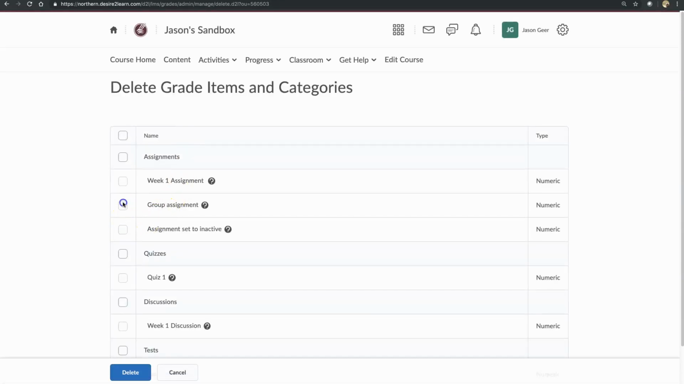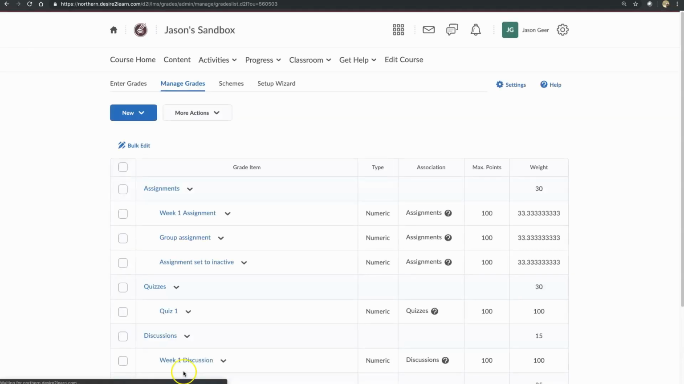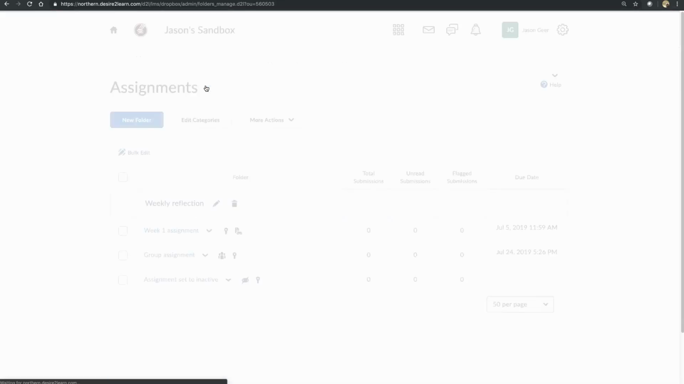and I attempt to check these and I cannot check them. Well, what's going on is these grade items are associated with an activity. So first we need to go to Activities, Assignments,